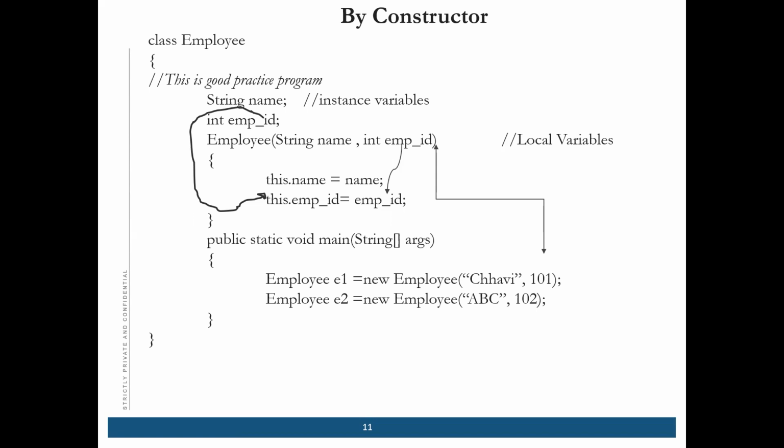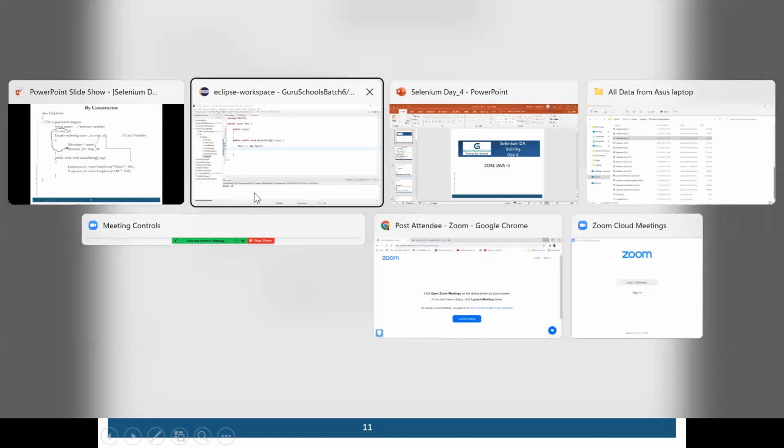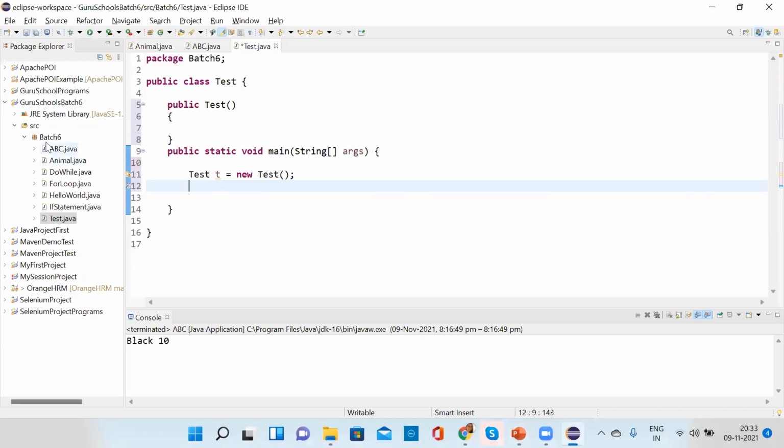You can always use your choice of variable names, but sometimes the company wants it this way. So how do we solve the issue? What you are learning is, if we have this condition, how we can solve that issue. By the this keyword we can. Let's try it practically.